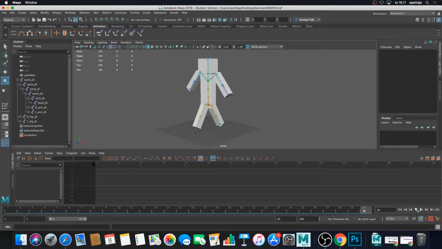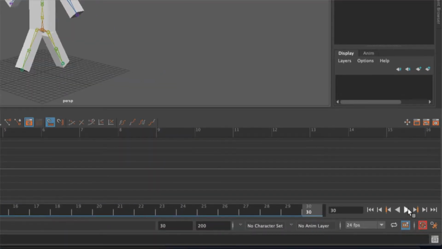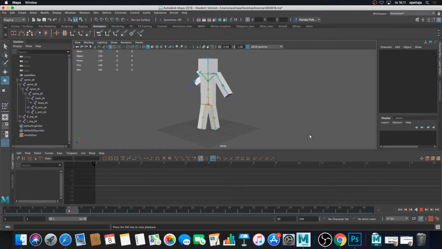And now if I press the play button down here, I can play my walking animation. So the legs are already moving,